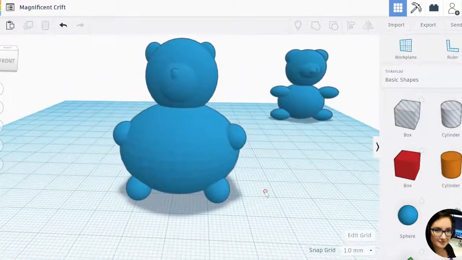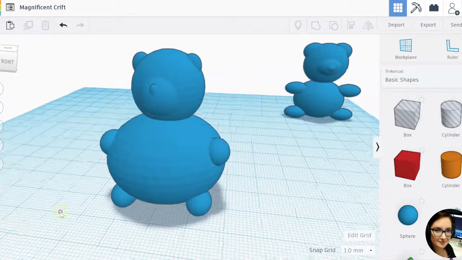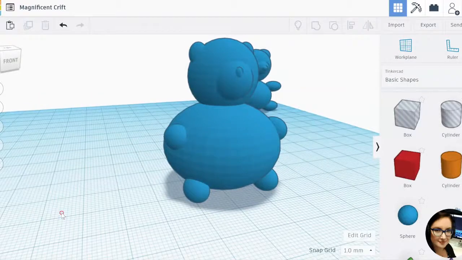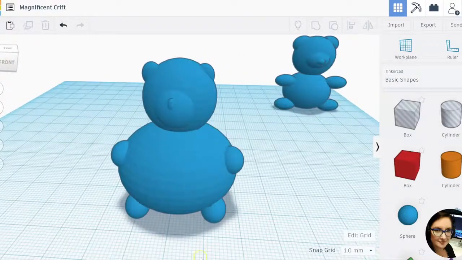So hopefully you have a lot of fun making your bear, and let us know how it turns out. I'd be happy to see how they worked out. And next week we'll have a new challenge for you. And just remember, anytime that you design something, you're welcome to come back in and 3D print with us at the library for free.